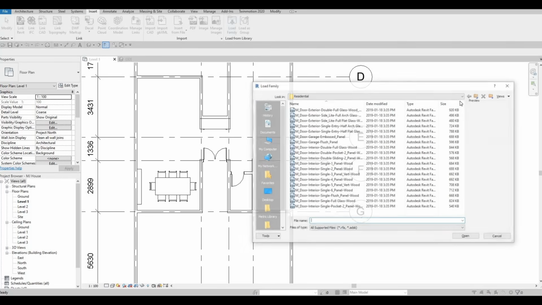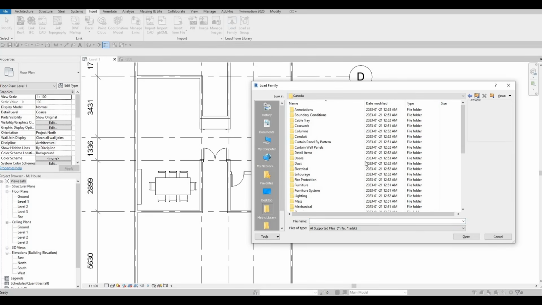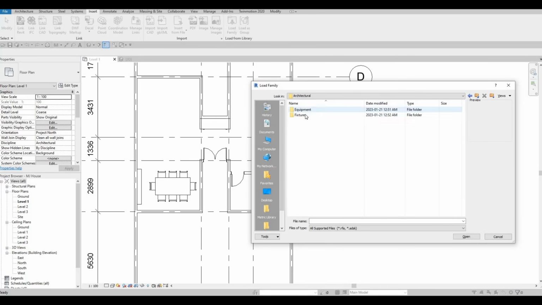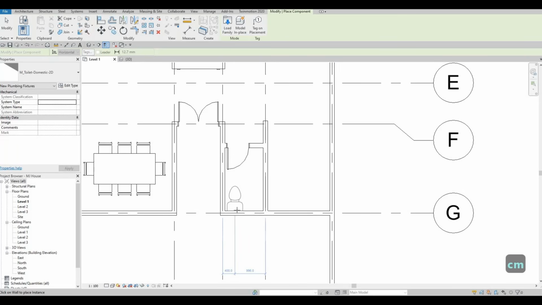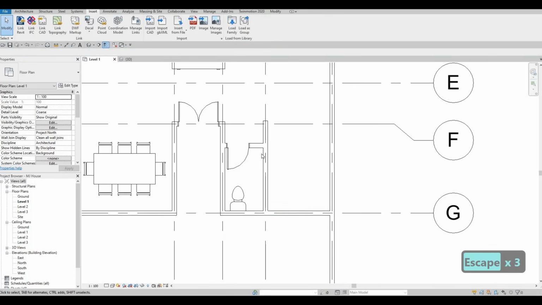So here, let's go to Load Family, go back here into the main, and then look for plumbing. Once you have that, go to Architecture, Fixtures, and then we have Water Closet, we have Commercial, and then Domestic. I'm just going to use the 2D. We don't need to show it as a 3D. So I'm just going to click open, CM on that, and then let's add it right about here. We have enough space, and then we need to have space for our